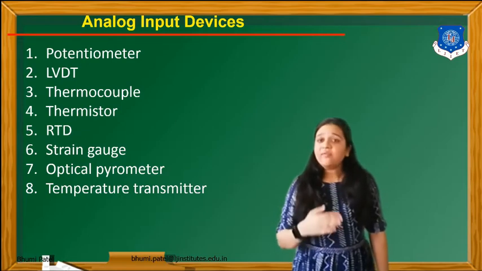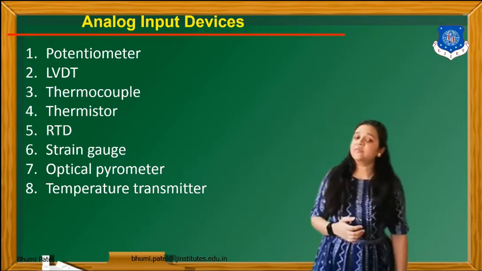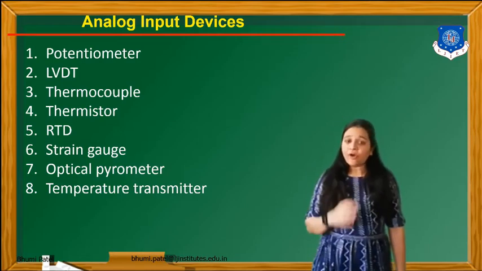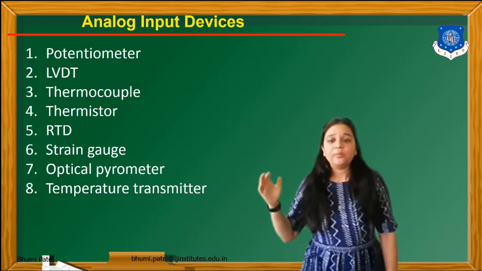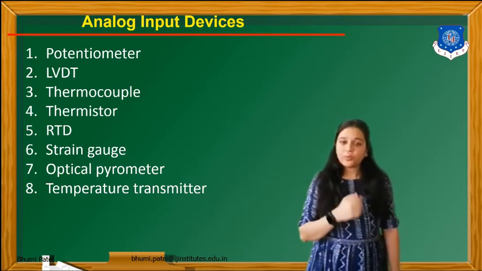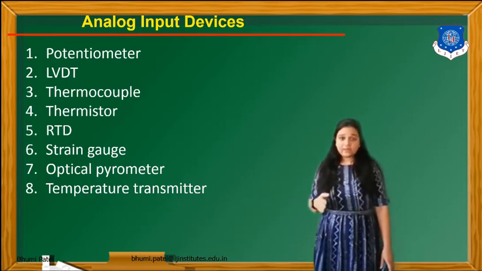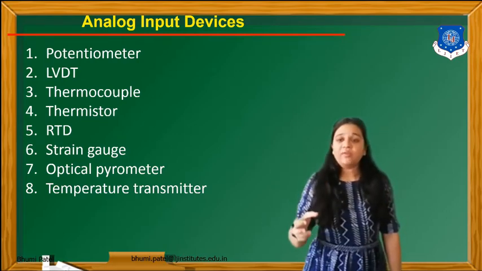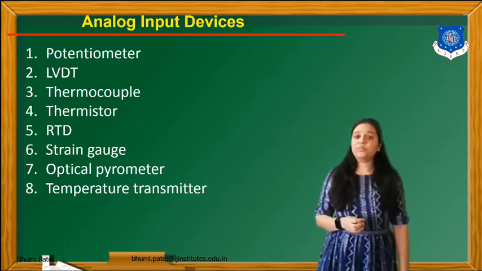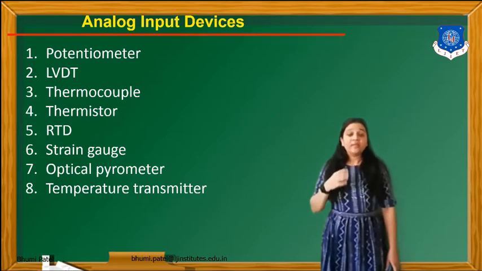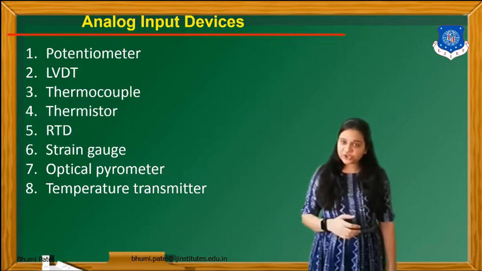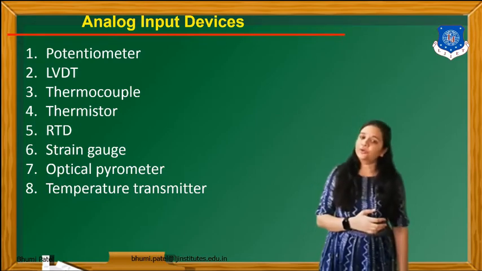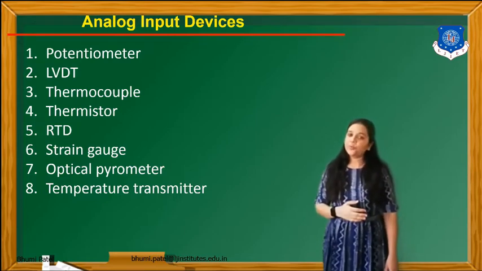Now, why can we connect the input devices with the PLC hardware? One simple example: if we want to check that when input is applied, my output will be on. So if we connect the hardware with the software, when the input in the software programming is on, the output must be on. In the hardware, we can connect one type of switch. If the switch is pressed, my output goes on, otherwise my output goes off.